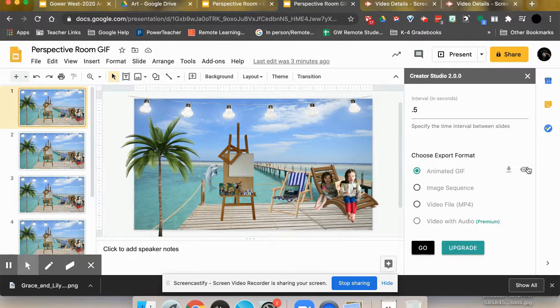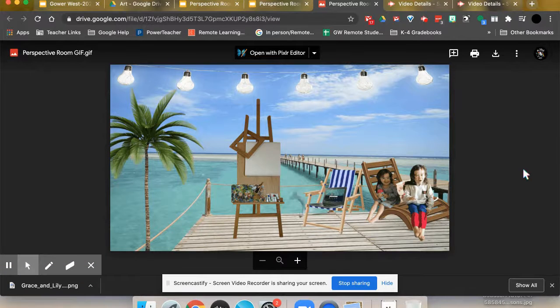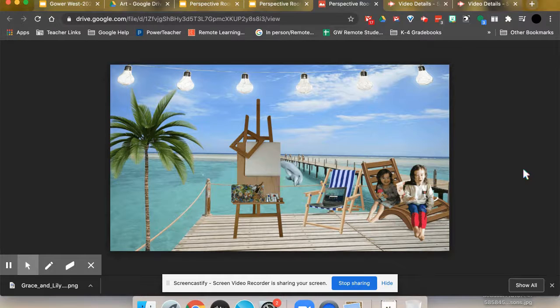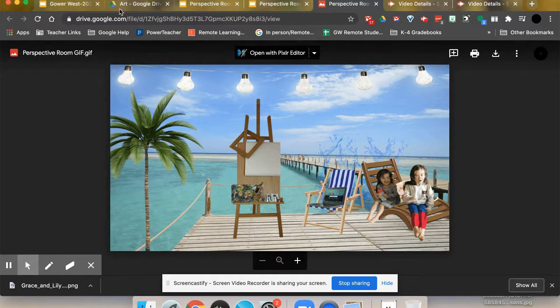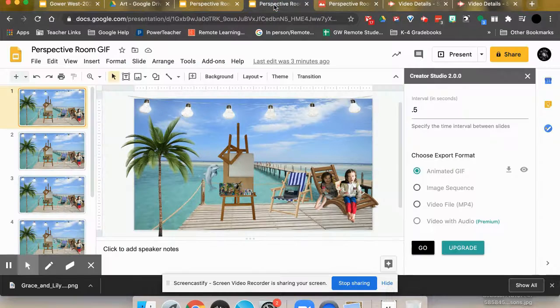What I want you to do next is go to preview in a new window and see if you like it. So here is my GIF of my dolphin jumping up and making a splash. Now this will be stored in your Google Drive. You'll be able to find it there under the name Perspective Room GIF. It will choose the name depending on whatever you have typed up. So if you want to rename it to your name,